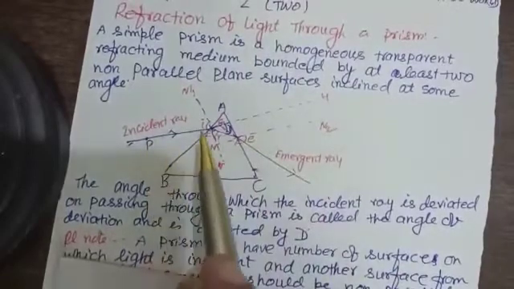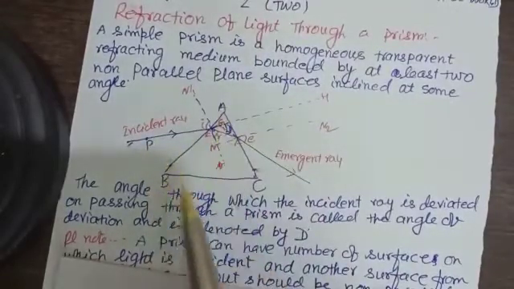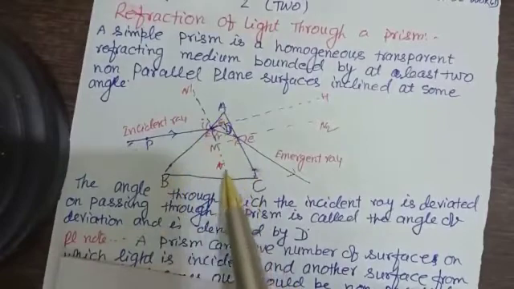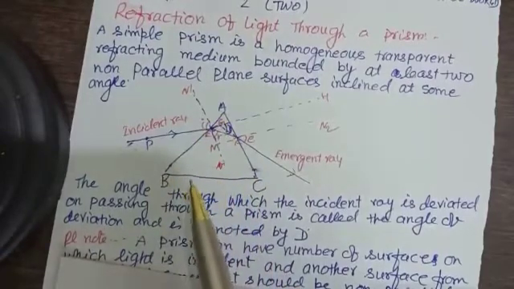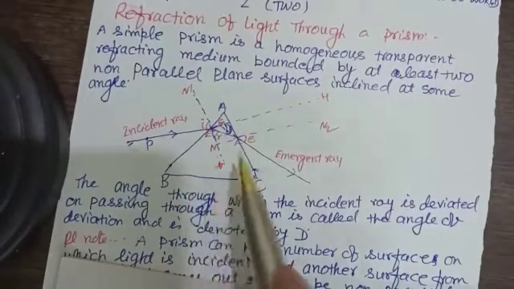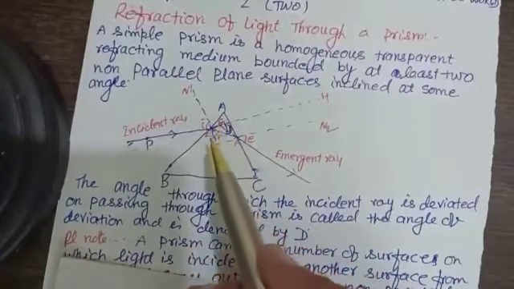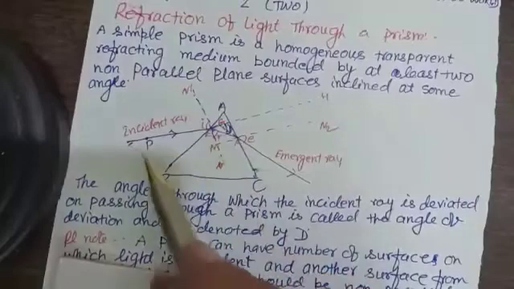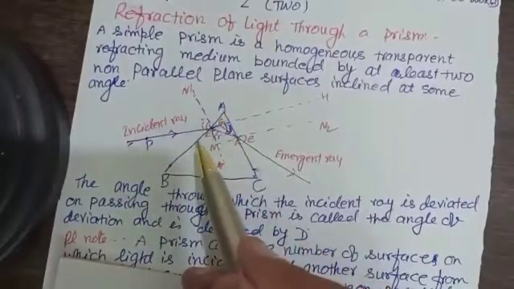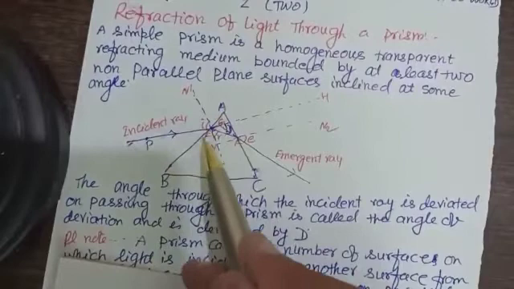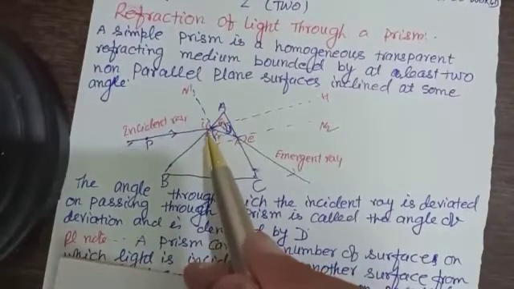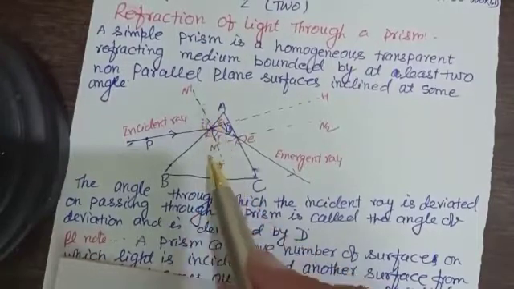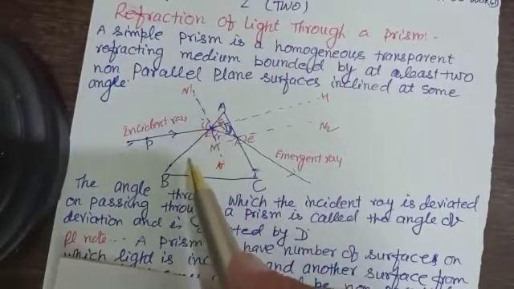See here the refraction through a glass prism. ABC is a glass prism. ABC represents the principal section of an equilateral glass prism of angle A. This is angle A. Now a ray of light is incident on face AB, the refracting surface AB of the prism, along PE, making an angle PEN1, and N1N is the normal to the face AB at E.